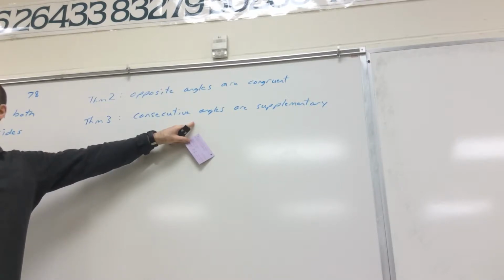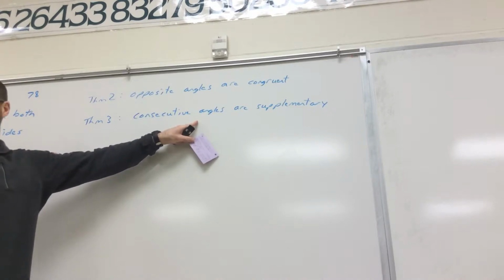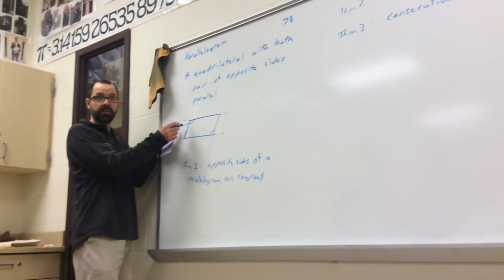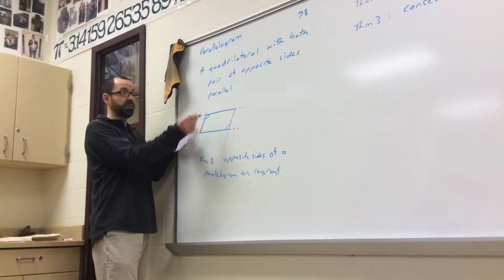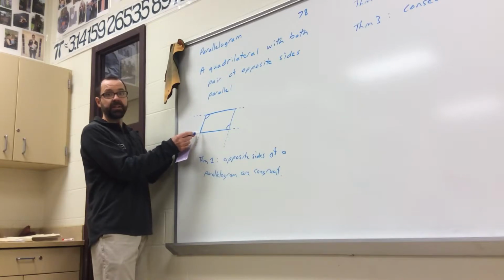What does the word supplementary mean? Yeah. Adds up to 180 degrees? Yeah, good. Adds up to 180. So that means angles that are consecutive are going to add up to 180. So if you measured this angle and it was 100,